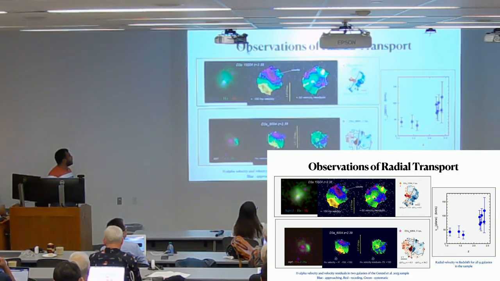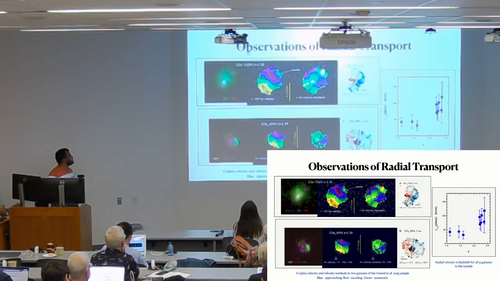This is a recent 2023 paper by Reinhard Genzel looking at 9 high redshift galaxies. These are disk galaxies at redshifts of about 1 to 2. They are very massive and large, with sizes greater than 4 kiloparsecs. He is trying to measure the level of radial inflow or radial transport of gas